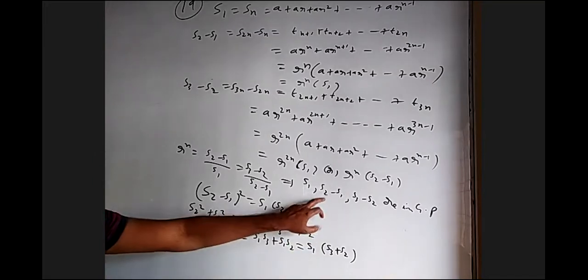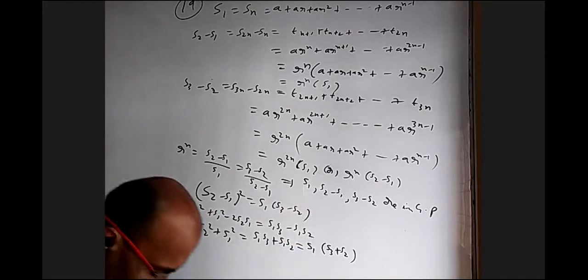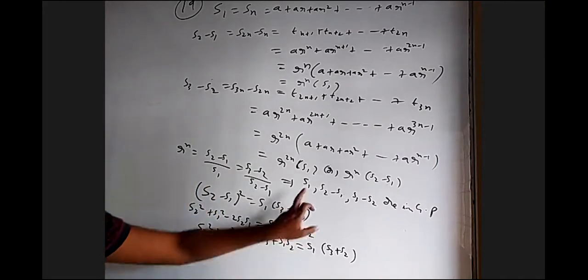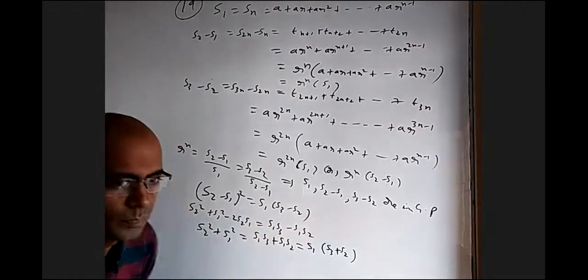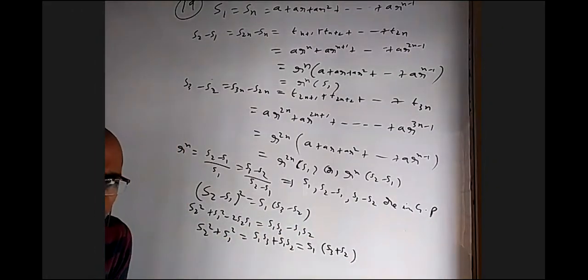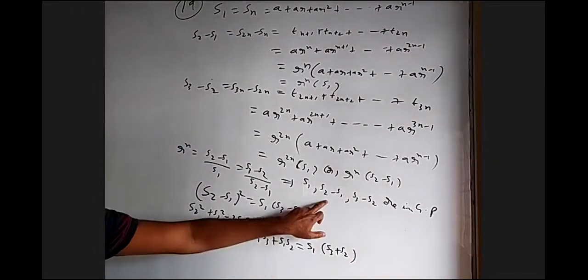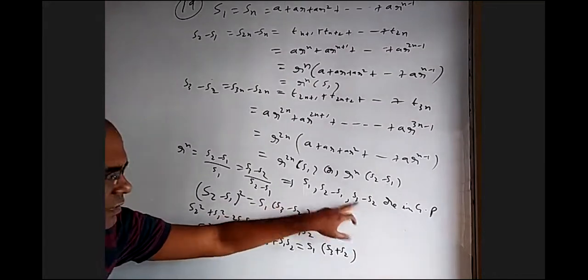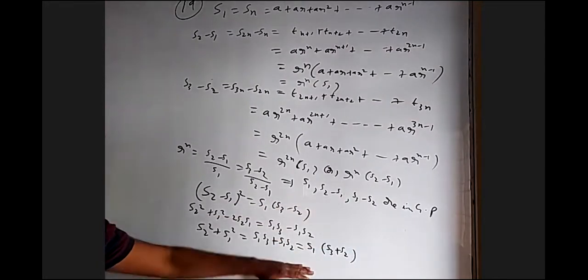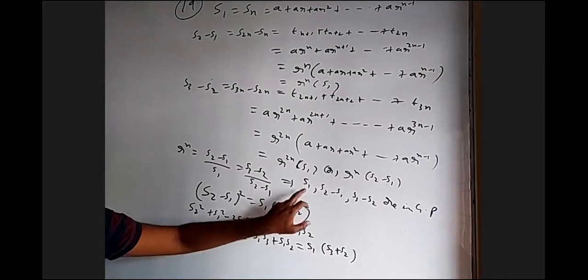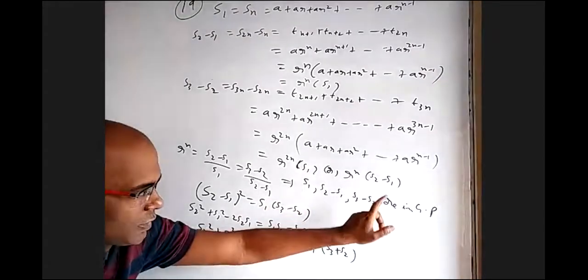I think this kind of thing is true even in arithmetic progression, that this will be in AP. Because I'm sure this would have got the same. This also would have got the same. Of course, this option B will not be true. Option A, where these are in AP, would have been true.